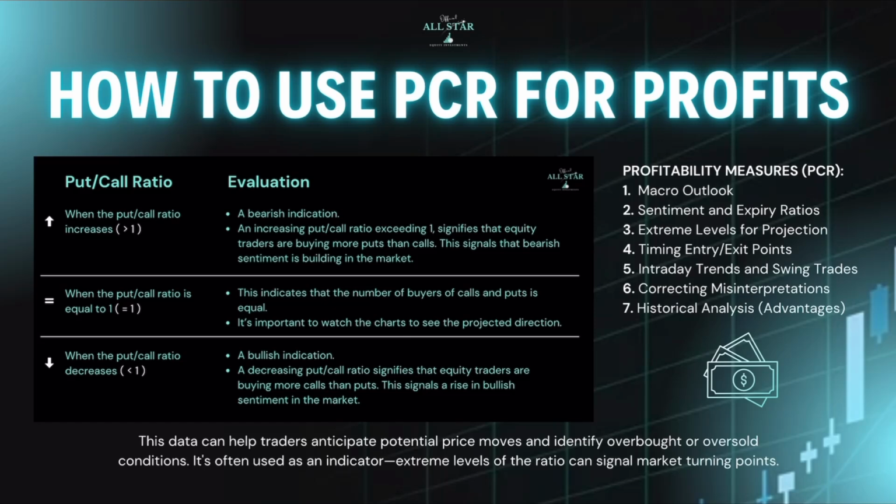Some of the macro factors are things such as major economic events, Fed announcements, inflation data releases. All these things can influence market-wide sentiment and distort the put to call ratio in a real way. These events often lead to widespread hedging activity or speculative trades, which can temporarily elevate the ratio in either direction. A low ratio during an optimistic macro period doesn't necessarily signal complacency because it may just reflect a generally positive